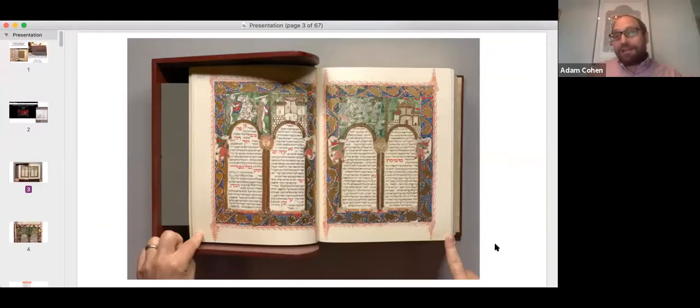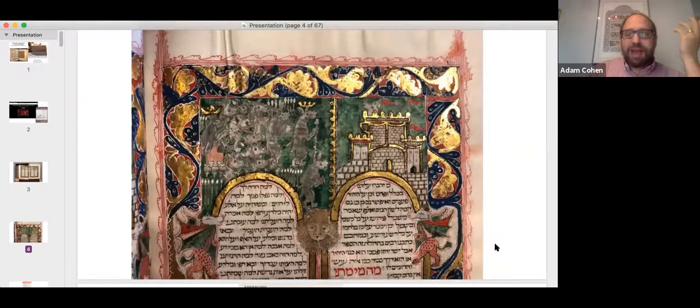Now, it's of course not the original, but it does have the advantage of being easier to handle and gives one a sense of the experience of interacting with the book. Now, as researchers, we know how this works. Things bother us, right? We see something and we say, why? Right? So in my case, it had to do with